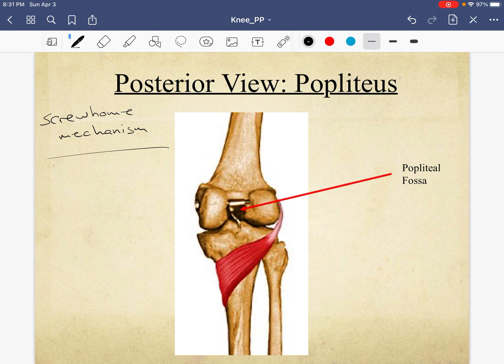Okay, so what is this screw home mechanism? So let me tell you what's happening, and then we can talk about why and the specifics. A screw home mechanism is a mechanism where right before full knee extension,